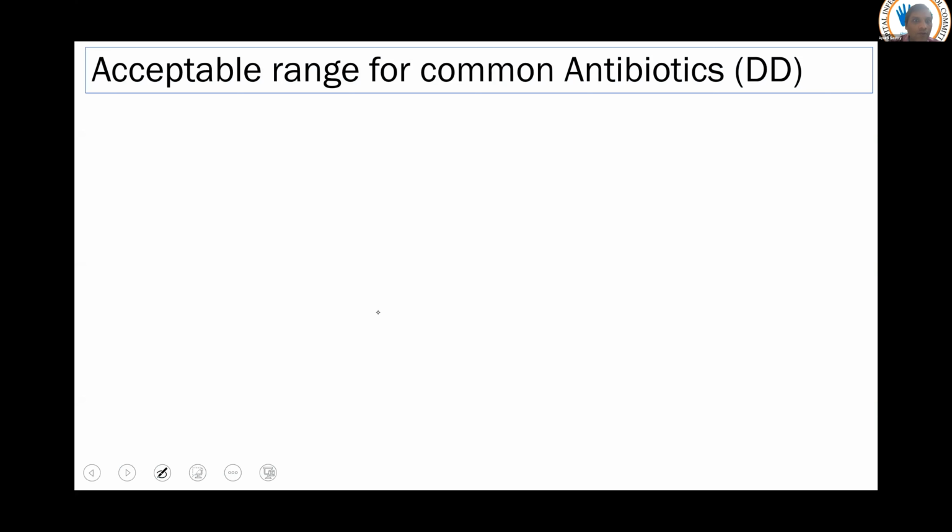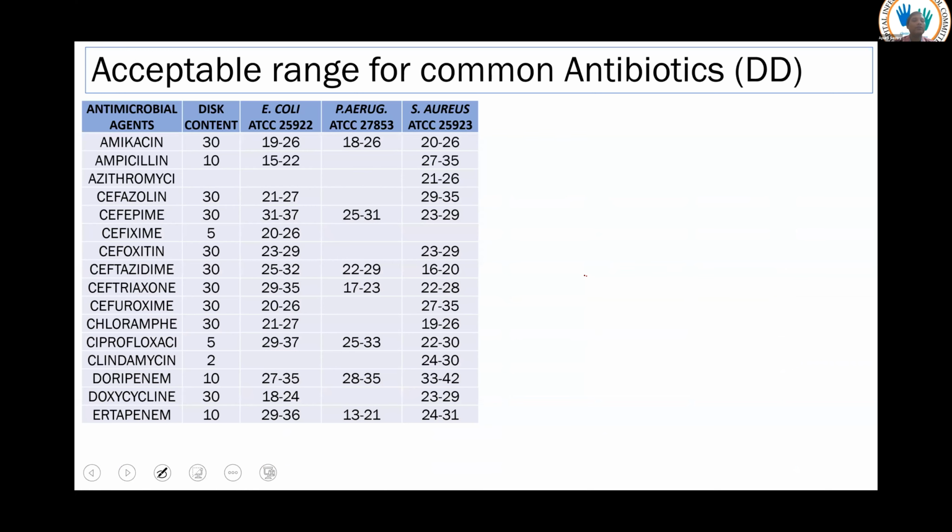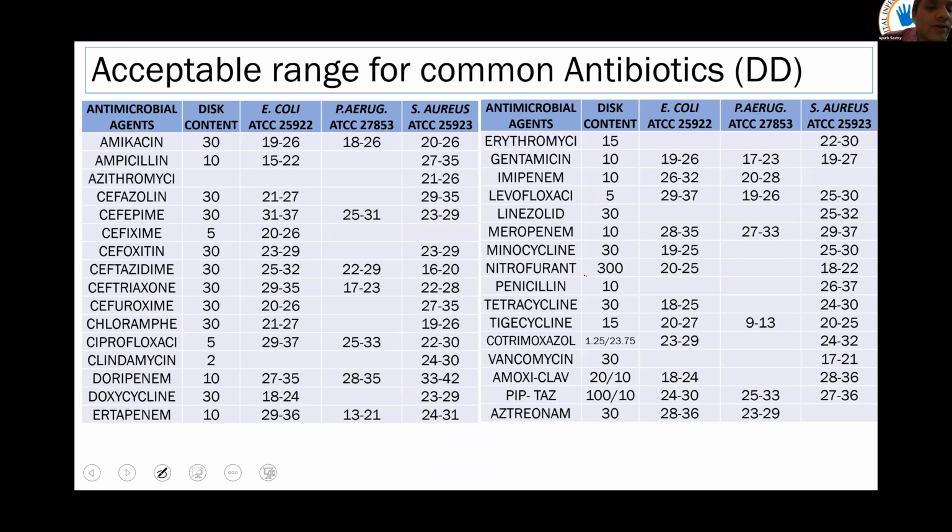So if you look into M100, M100 also has a detailed table of the acceptable range of zone diameter. So it is an exhaustive three-page table. I have made it simplified by incorporating the common antibiotics that we use in the laboratory. So when you test, for example, the QC strain of E. coli,